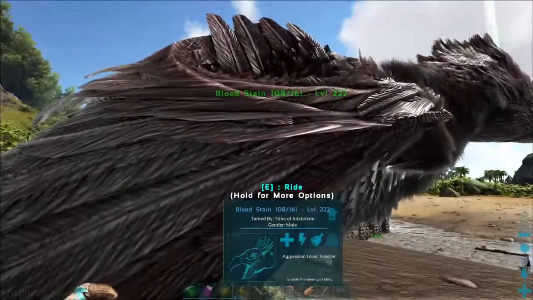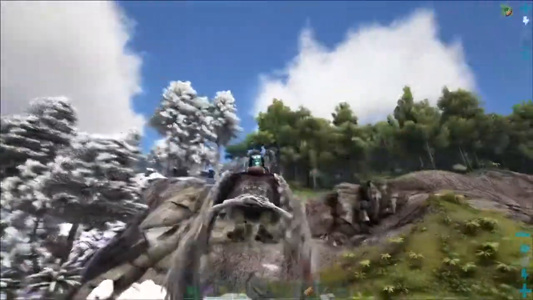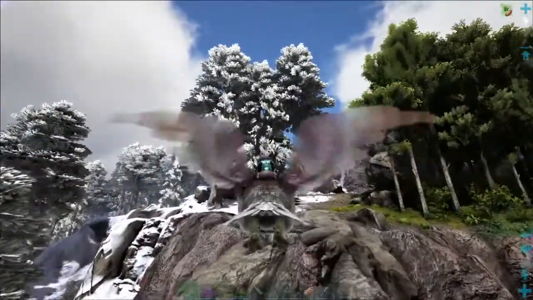Because we know this bird can kill stuff quickly. Set this bird to passive. I don't care if it's a level 108 Rex. This bird will kill it. Okay, so now we need to go figure out where he